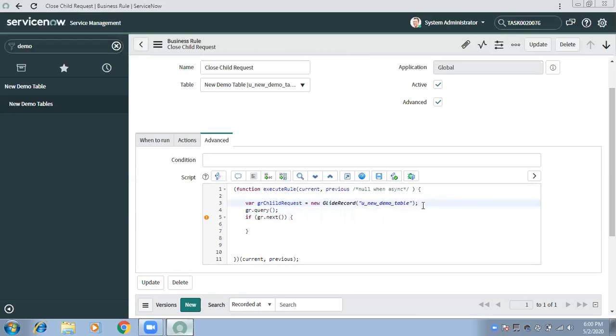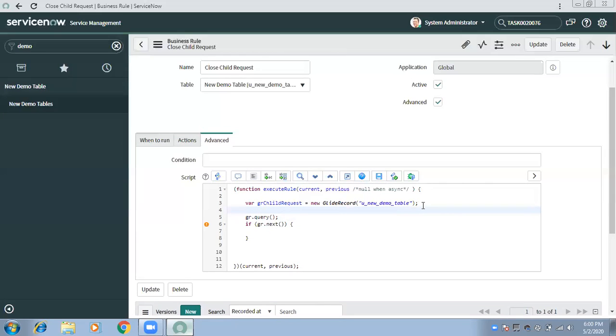But you need not update each and every record. You need to put the query in between. Okay, go to this table, then apply this query where the parent is the current record which I am going to update. Get those records and query it. So I will get all the child records, right?